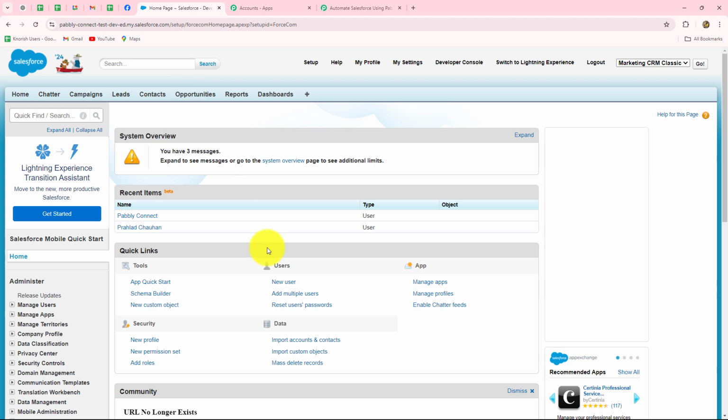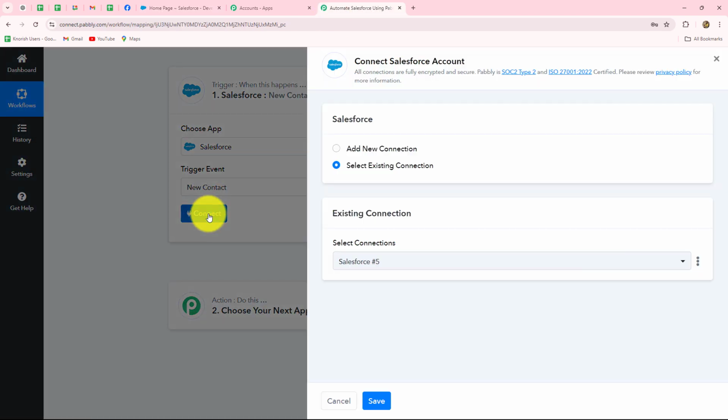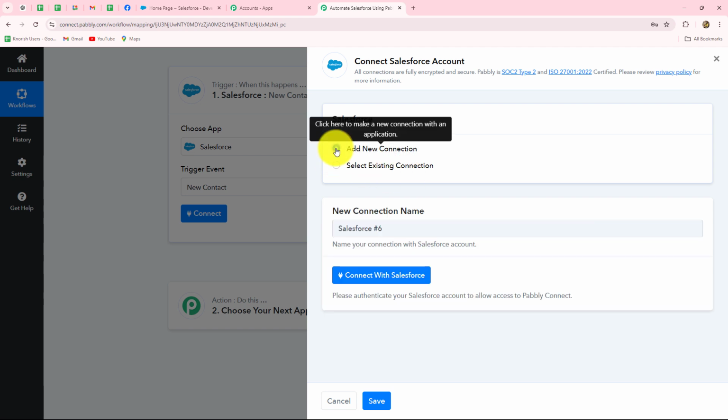For that, I am already logged into my Salesforce account, as you can see. So we'll click on the connect button. To build this connection, we have two options: add new connection and select existing connection. In case you already have an existing connection, you can also go with that. But to create a new connection, we have to select the add new connection button,